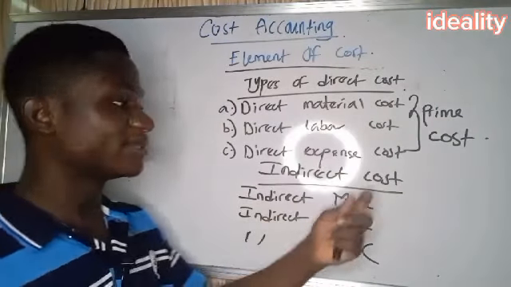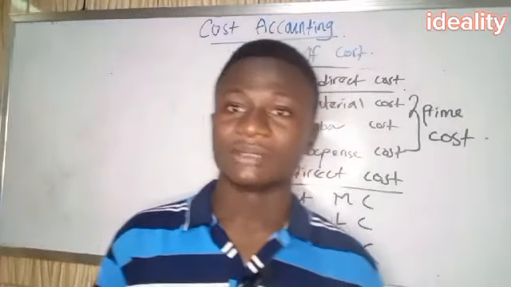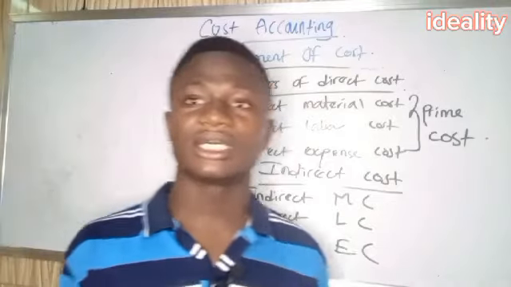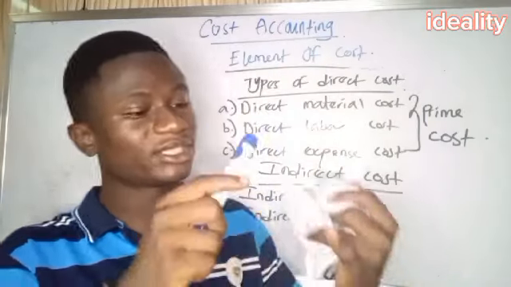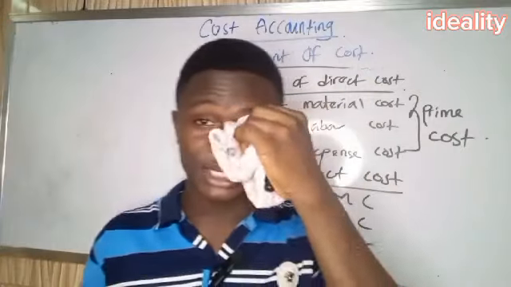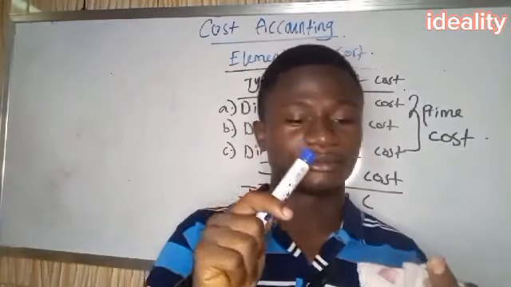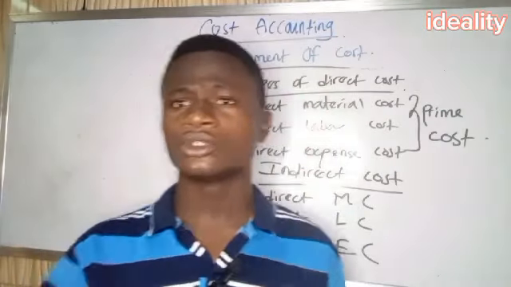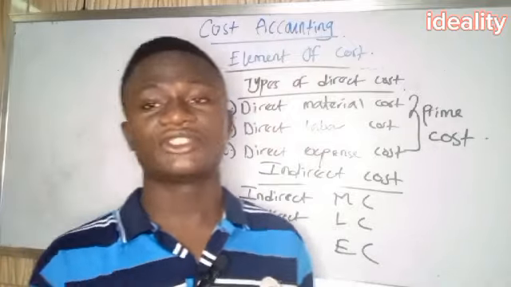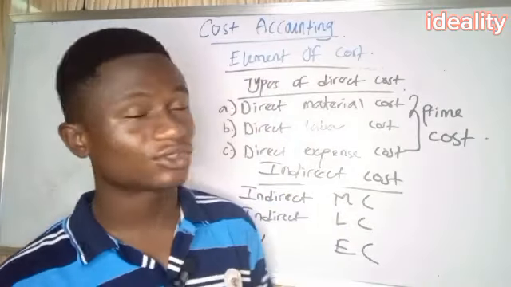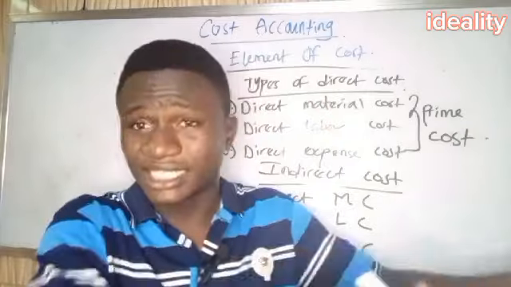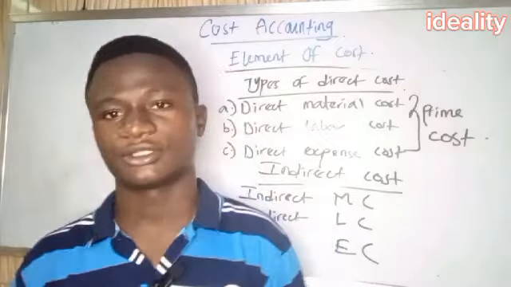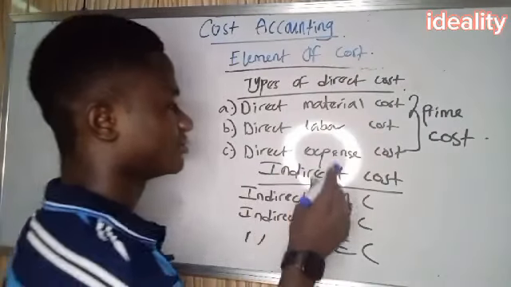So what do we mean by indirect material cost? That means a material that is bought but can be used for different things. Like the example I gave you the other time, I bought sugar, but I use the sugar to bake cake, in the sausage section to make sausage, fish roll, and donut. If the cost of the sugar is 10,000 naira, will I charge it to producing cake alone? No, I will share it, because it is being used by all of those things I produce. That is what we call indirect material cost.